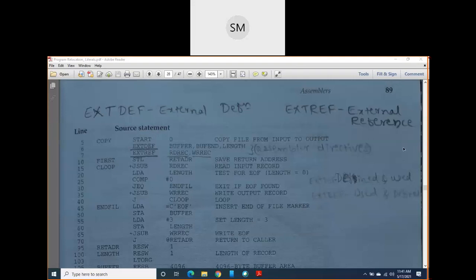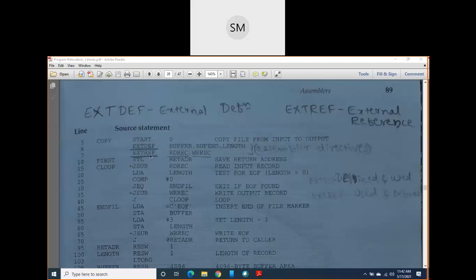In the previous class, we were discussing these two assembler directives, that is external definition and external reference. Just understand what they do. External definition says that these symbols are defined in this control section, but they are used in other control sections.